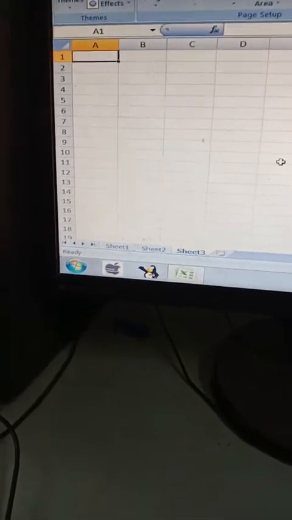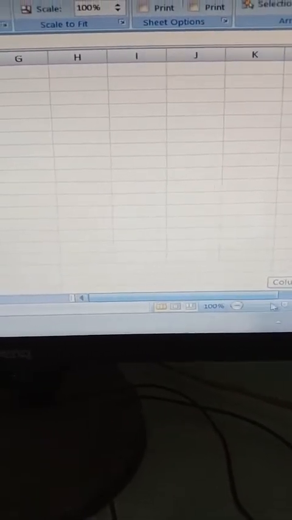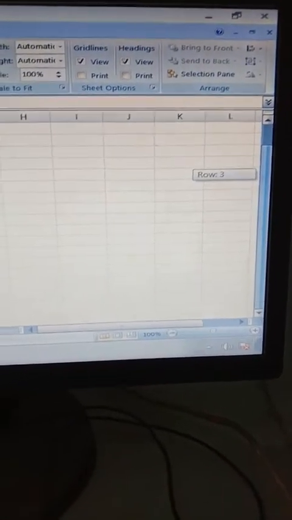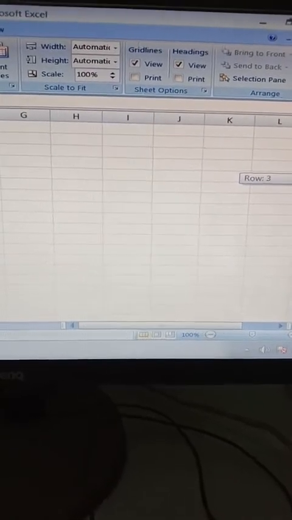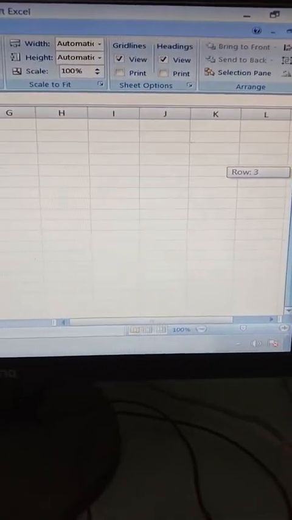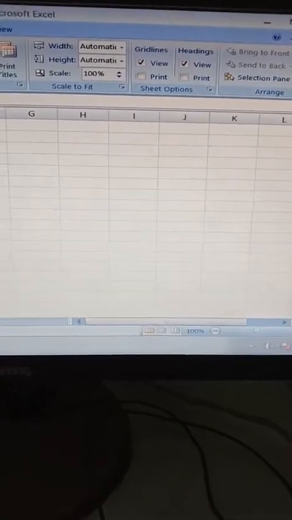Next, the horizontal scroll bar and the vertical scroll bar. The horizontal scroll bar is generally from left to right. So this is the horizontal scroll bar, in which we move from left to right, or after the bar is on the right side, we can take it back to the left side. And this is the vertical scroll bar. The vertical scroll bar moves up and down. Whenever we keep dragging the vertical scroll bar, it will move from the upper side to the downward side, or if it is on the downward side, it will move to the upward side. So this is the vertical scroll bar and this is the horizontal scroll bar.